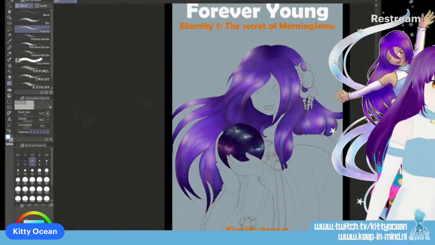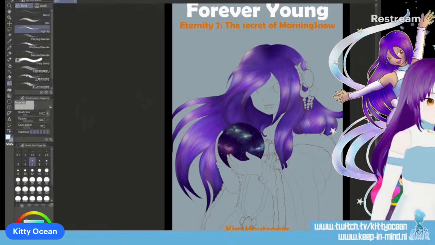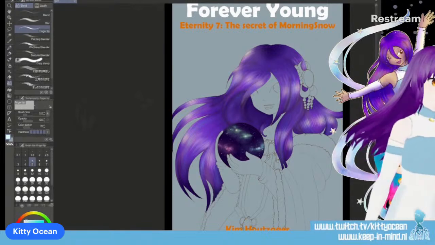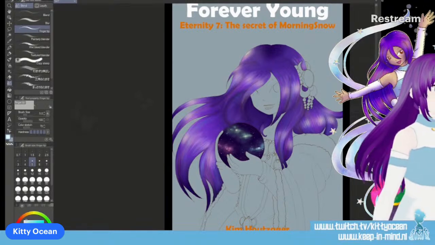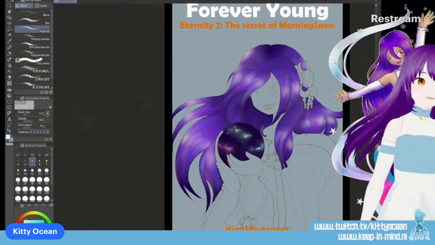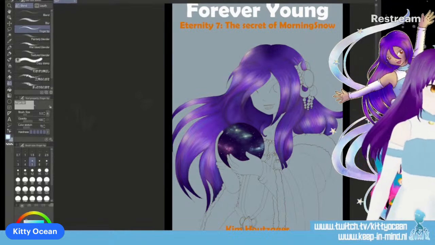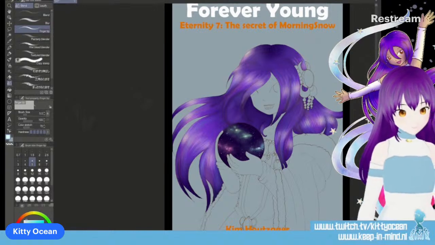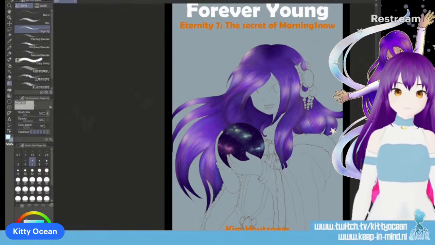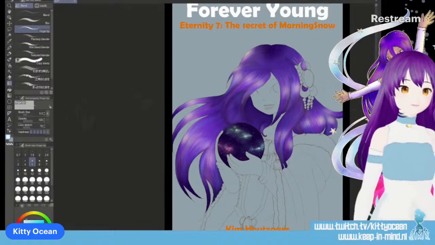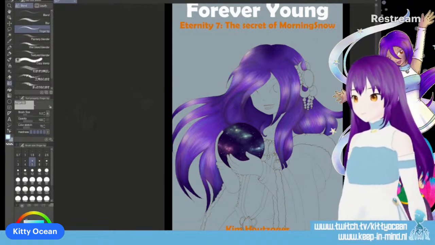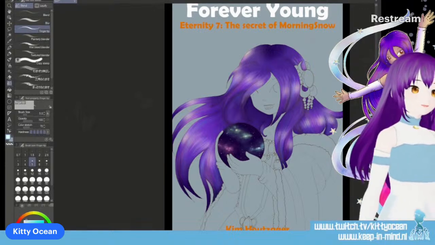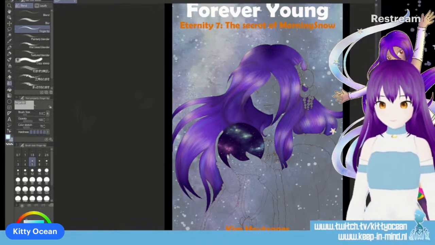And now to get some texture in the background, because this galaxy is still very flat. I'm already at layer 31, by the way. So, texture. Well, I do have this texture.